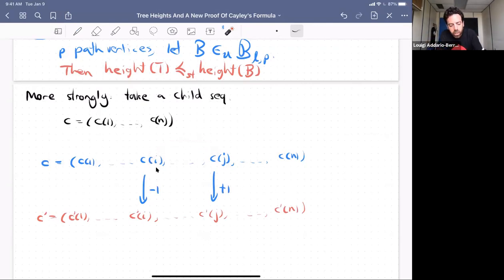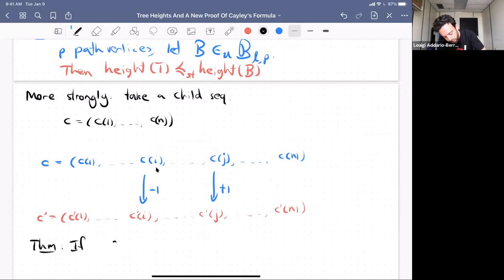Okay, and the last theorem I want to tell you about says that if that makes the degrees more even, if it smooths them out, then it makes the height lower stochastically. And if it makes the degrees more biased, if it creates large degrees, then that decreases the height stochastically. Okay, so the theorem is that